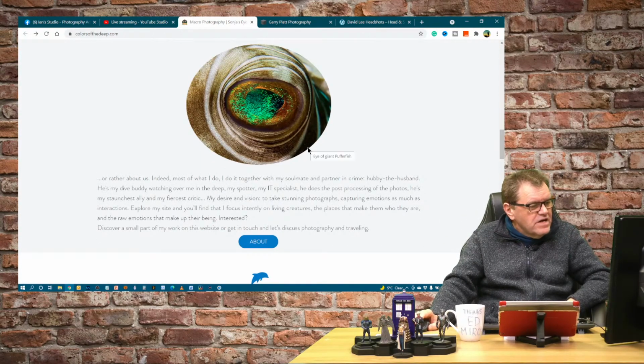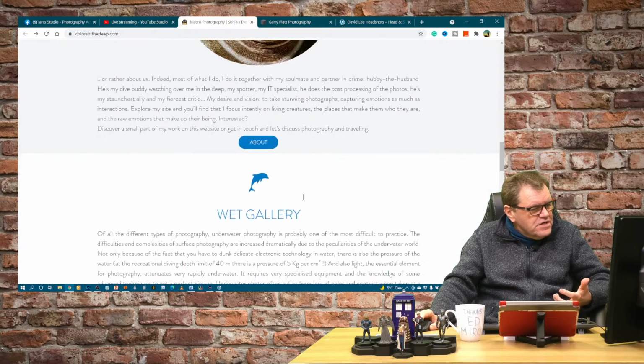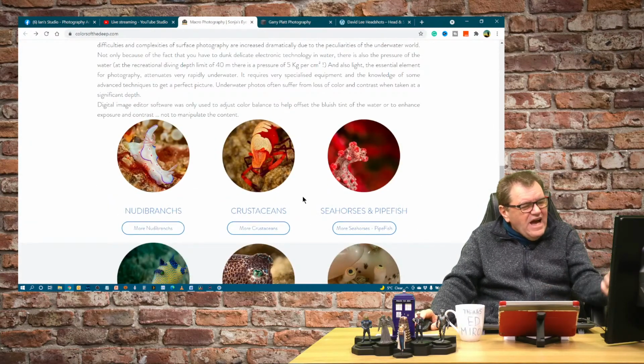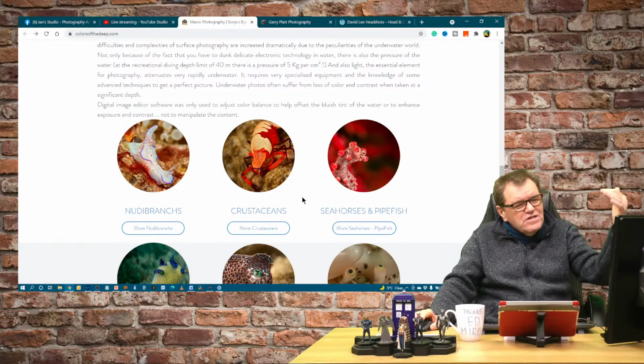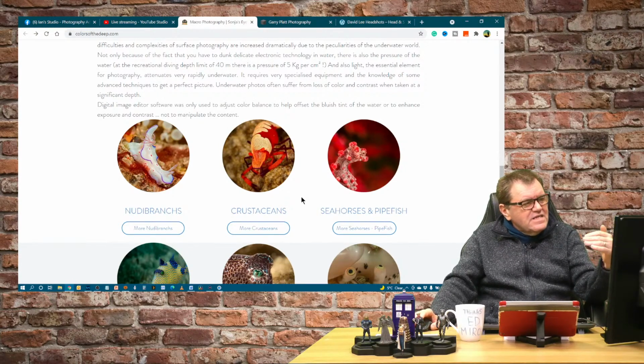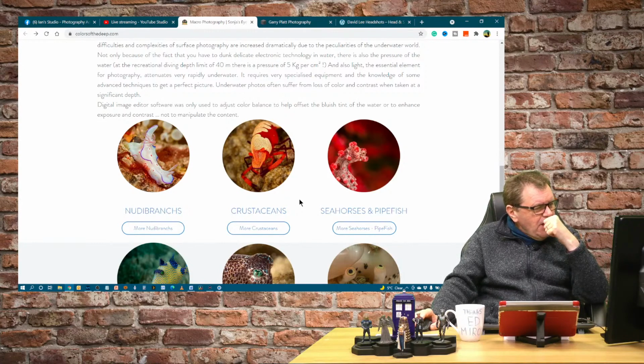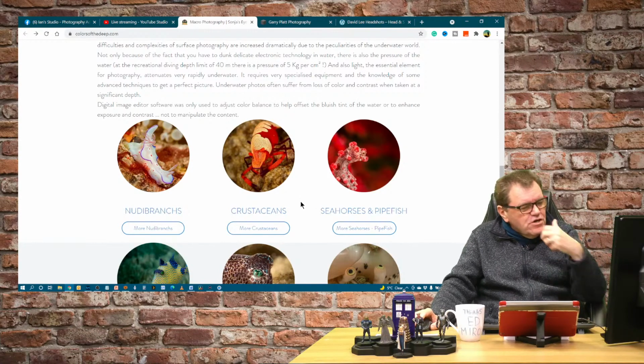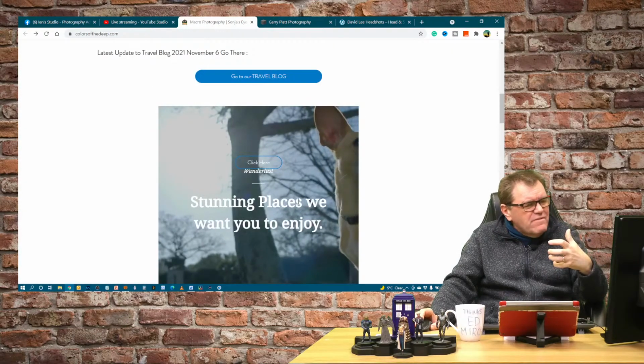And then we've got an about me. Okay, yeah, it's important. Oh, right, now I get to see your underwater photography. I've had to scroll all this way down to get to the most important thing. So what we're getting here is a bit of a mixed message at the beginning. It's right, well, who is it aimed for?